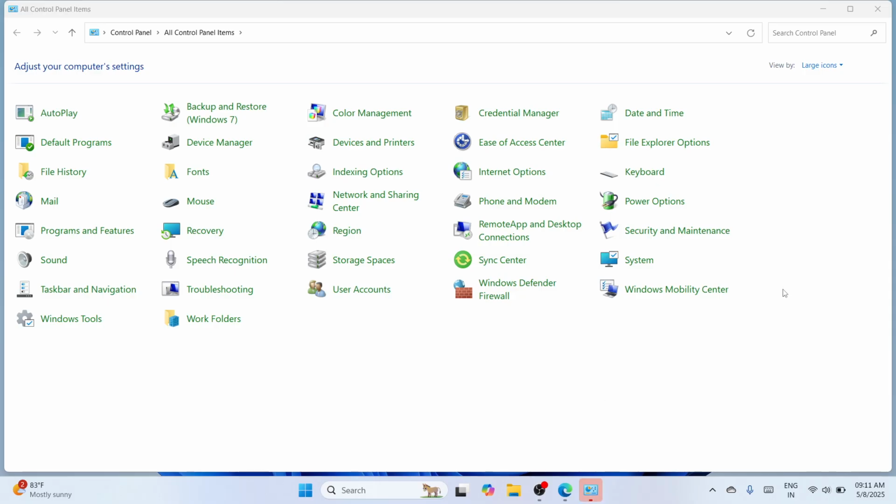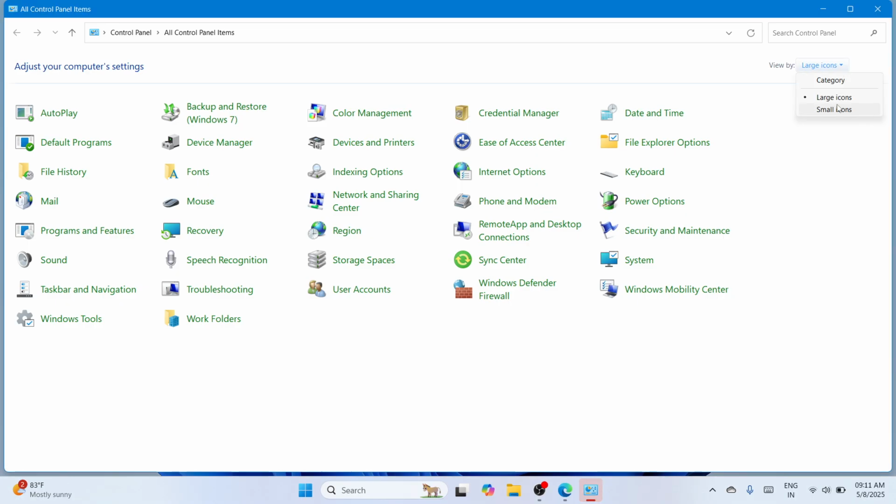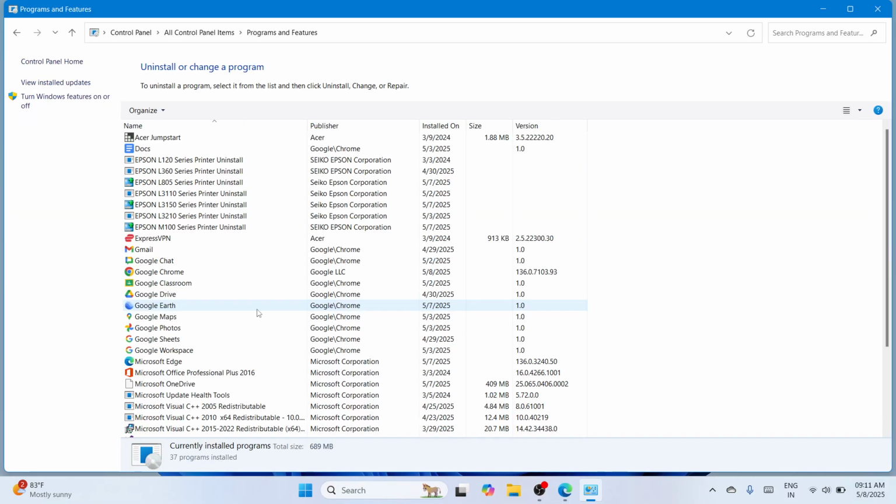So here you need to change the view into large icons. How we can do so: go with the View by and click on this down arrow key and go with large icons. Once you're good, you need to locate Programs and Features, which I can see is placed in the first column next to Mail. So click on it and you would be able to see the programs or applications that you have installed